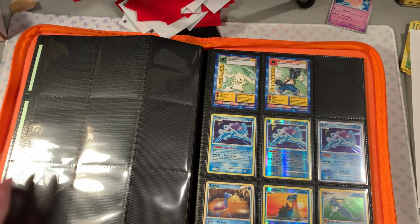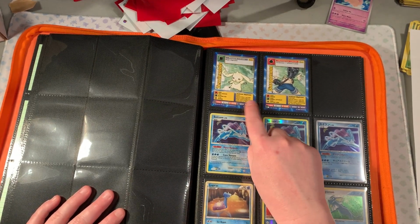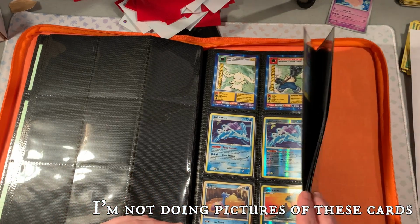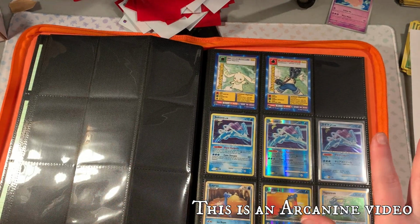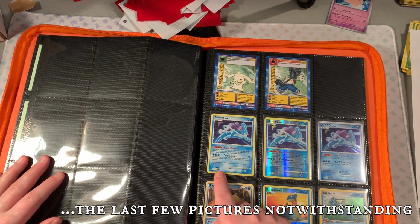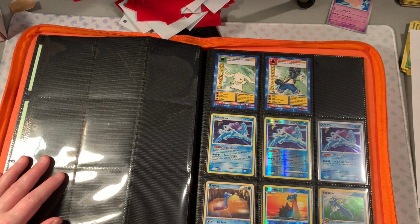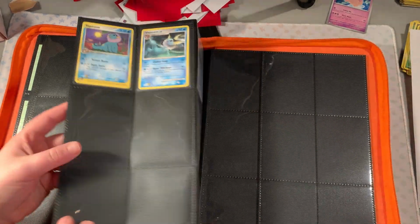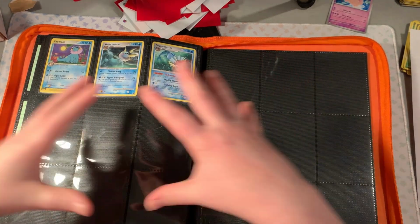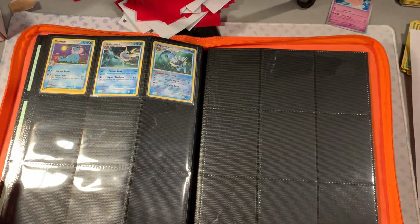What else do I have in here? Oh, okay. These were, I got those. That was my favorite Digimon. And so I'm just keeping those cards in here because there are some extra pages for right now, until the Arcanine collection grows. This was a set of Suiken cards that I got: the Holo, Reverse Holo, and the Japanese. And then I really like Lapras. I really like Vaporeon. These are just sets that I don't have very much of, and so I just had those cards in there. I think that's all I have in here. It is. Okay, so